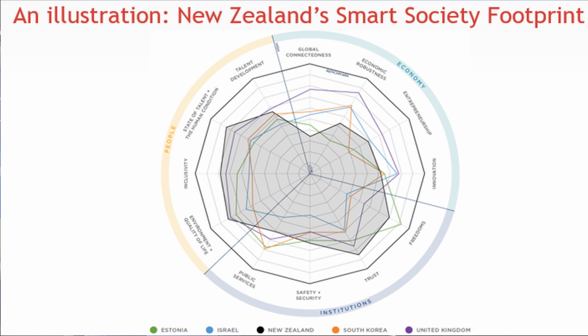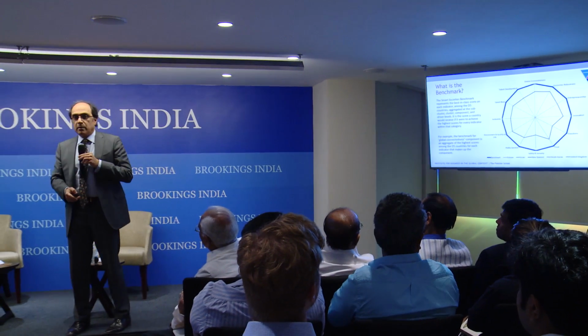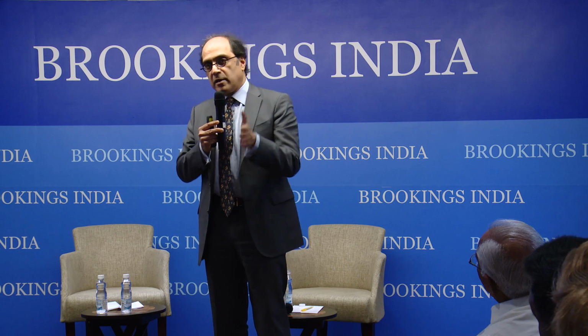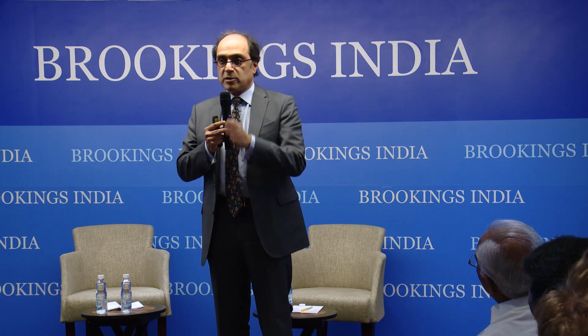So that footprint for each country can tell you where the country is: Israel, New Zealand, South Korea, and those of you who were doubting the United Kingdom, that's the United Kingdom. Now, when I showed this in a meeting in London, people literally jumped out of their seats because this has huge implications for the Brexit discussions. Because with the United Kingdom separating, the EU, which has been struggling, remember Donald Rumsfeld, old Europe, the stall-out countries, they're going to get even more stalled as they lose a very powerful player in the UK. But I'm straying from my point.